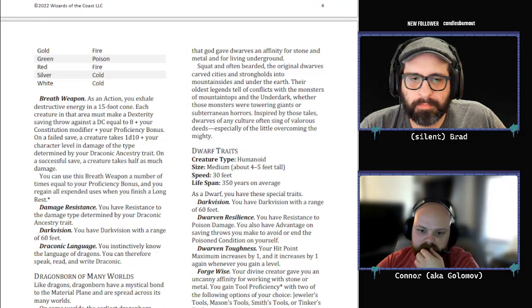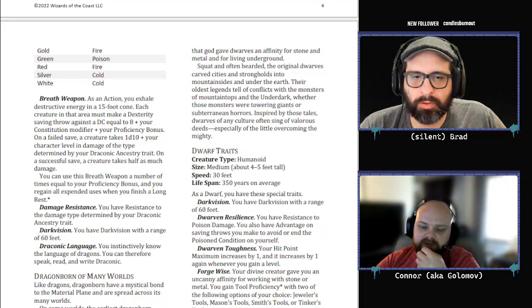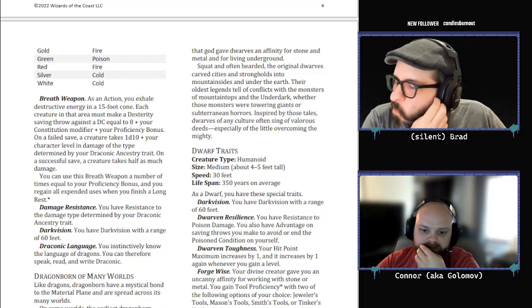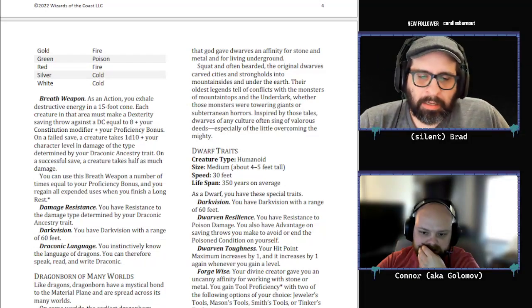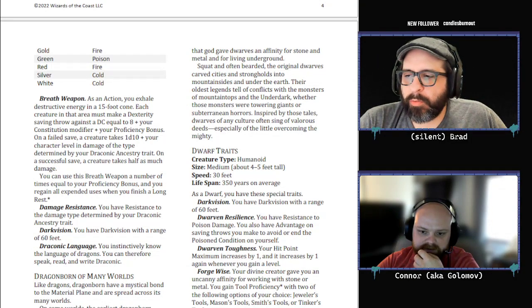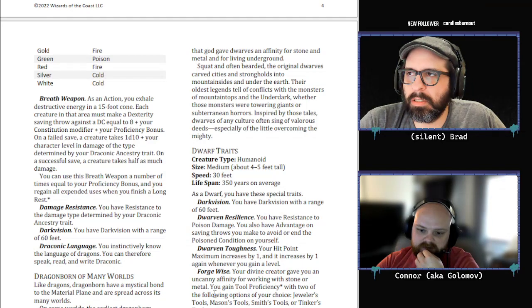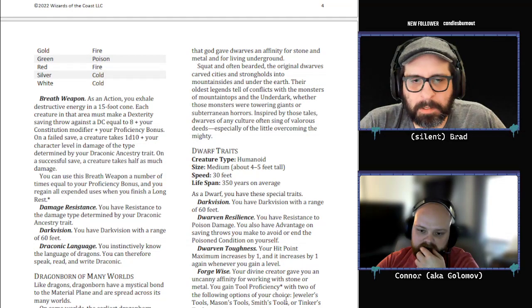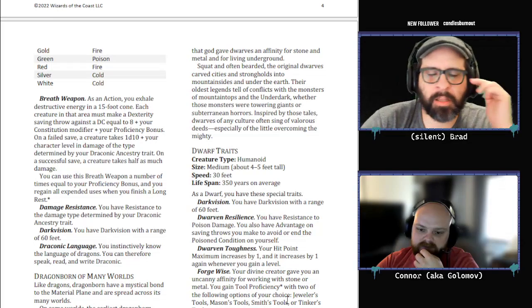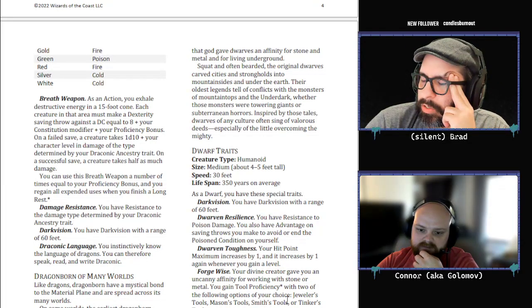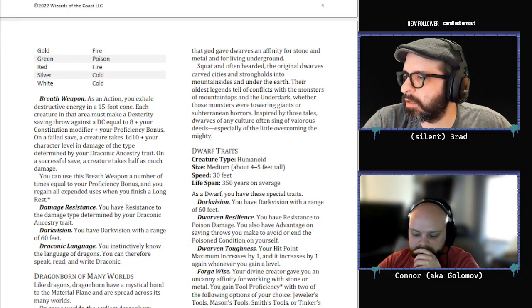Like, that makes sense, total sense. Absolutely. Even these tools make sense, right? Yeah. I think it would be better to just change it to being working with, or proficiency with 2 artisan tools. Yeah. Because in some of the previous lore, I think it might even be in the basic